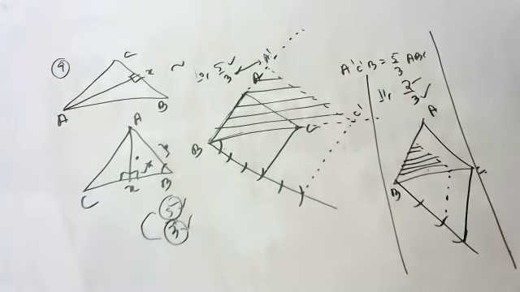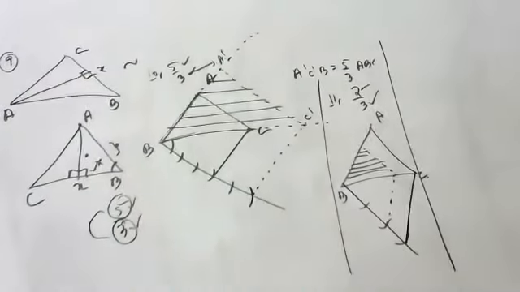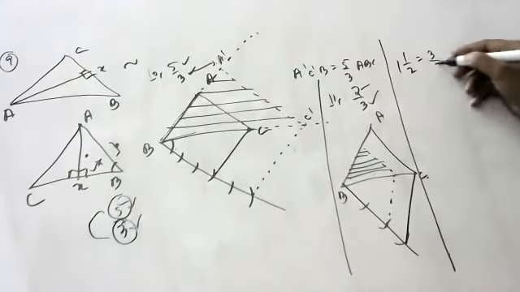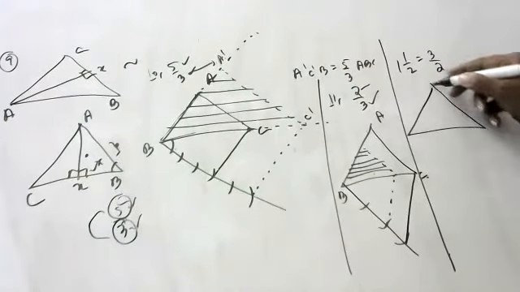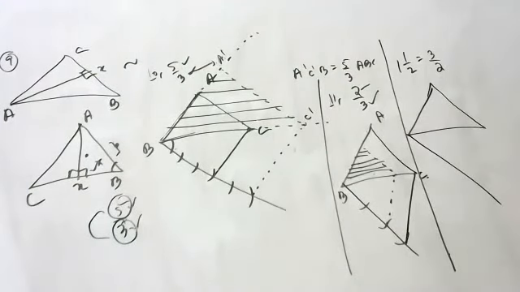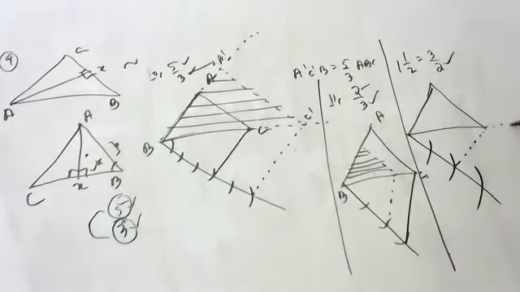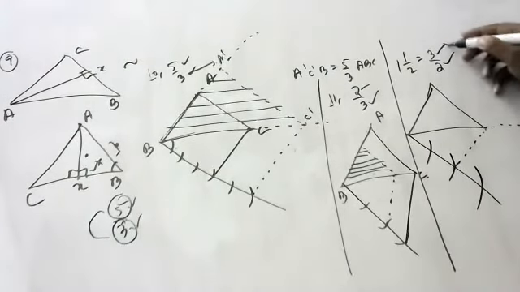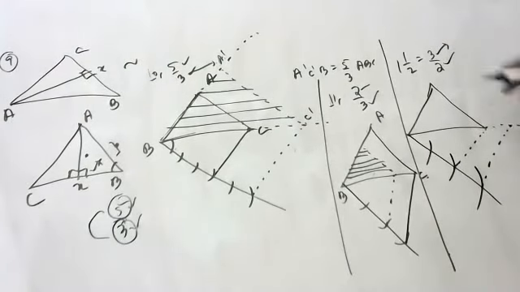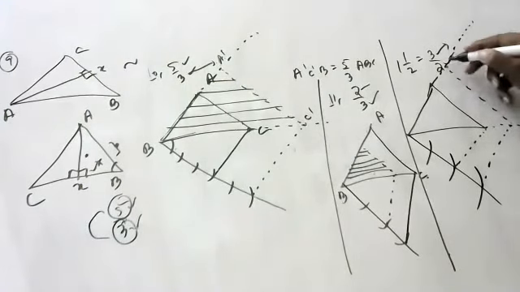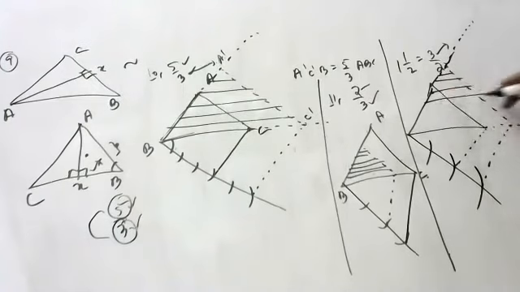Okay, children. Next one. 1 by 2 times. 1 by 2 times means how many times, children? 3 by 2. Okay. In 3 by 2, which is the bigger number? 3. 1, 2, 3. Denominator to the tip. Extend this line. From the numerator, drop a parallel. And for this also, please extend compulsorily and drop a parallel. This is the required triangle. This is 3 by 2 times the original triangle.